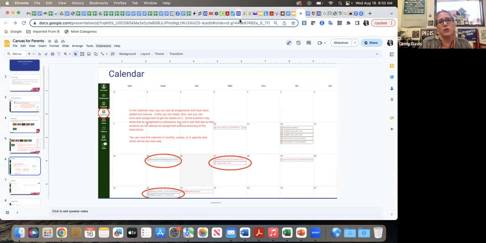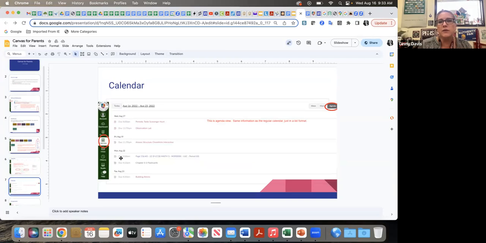And this is a great thing too, as a family, if you have events coming up that are going to be a big deal, like a weekend with a big family reunion or something like that, and then they've got a project due that next Monday, okay, we're going to have to manage that and figure out our time. So this is a great thing to look at as a family.